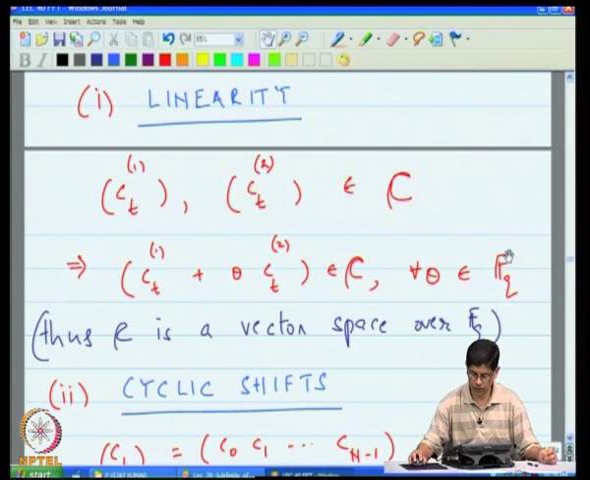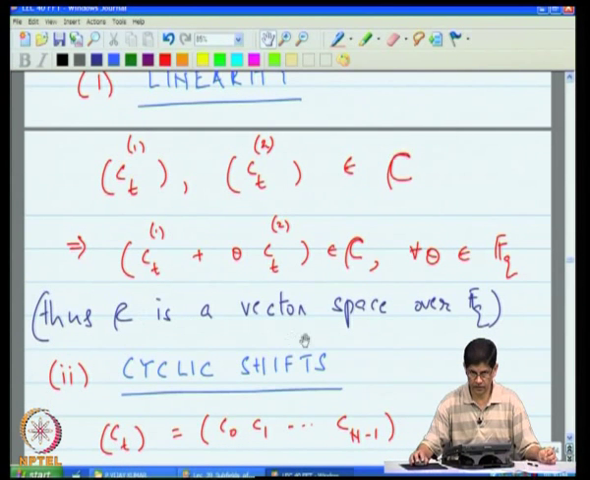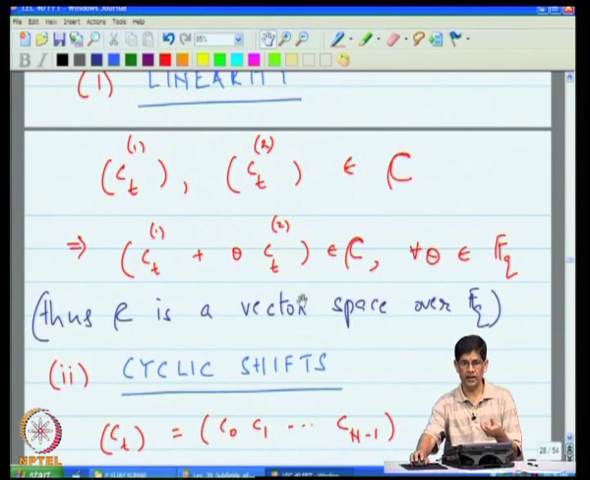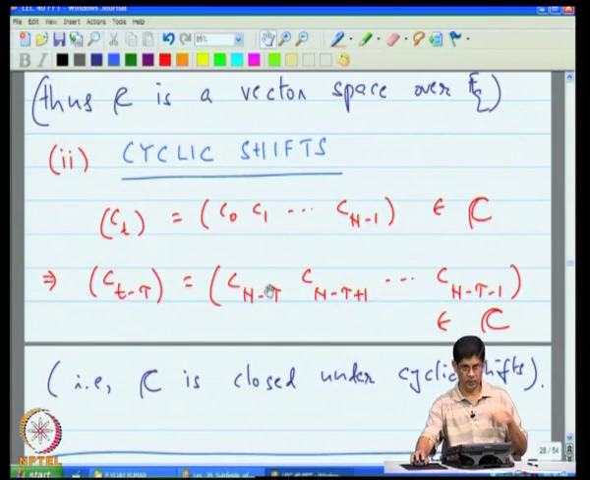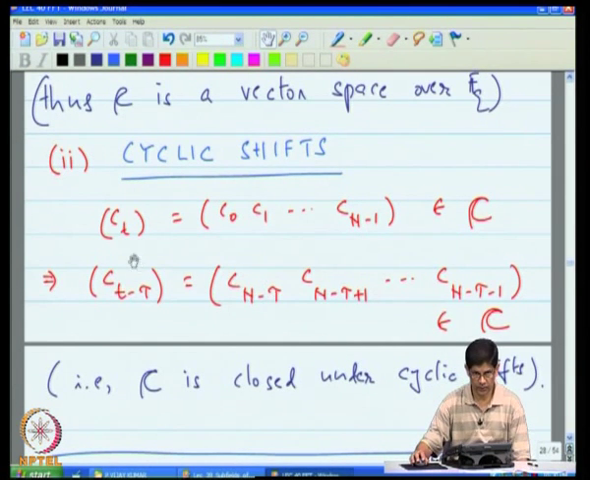This theta here belongs to f q. Our codes are over the ground field, so linearity involves scaling by elements in the ground field, and if you just think about it, what you are really checking is that C is a vector space over f q. In fact, it is a subspace of f q to the n, and this is nothing but the subspace test. So, that is the first condition that you need to meet, the linearity condition. The second condition that you need to meet is one of cyclic shifts. You need to verify that if C of t is a code word, then every cyclic shift